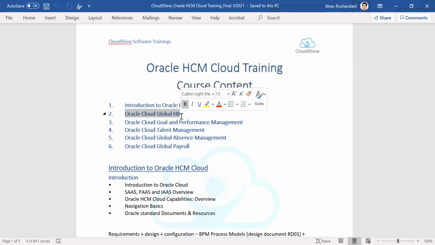Yes, absolutely. So as part of global HCM, we will have OTBI and we will have data migration as well. If you have to migrate legacy data into Oracle HCM, or for that matter, integrate data from HCM, we will cover the topic of extracting information, which could be either in the form of a report or an extract, as the topic is called. We'll cover that.